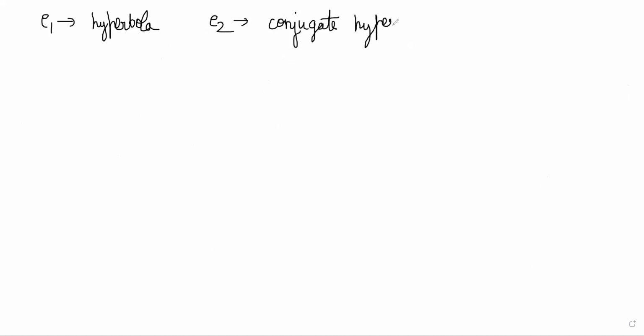Then one simple result that you can derive: if E1 is the eccentricity of a hyperbola and E2 is the eccentricity of the conjugate hyperbola, then you can easily derive that the eccentricities E1 and E2 will follow this relationship, right? This is a simple relationship that you can get. The next thing is,